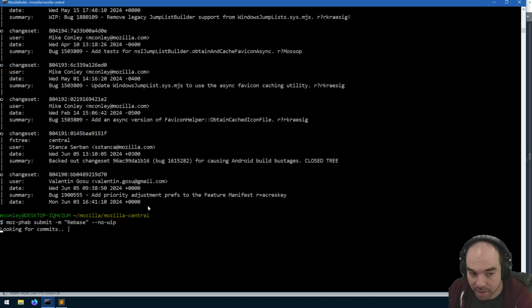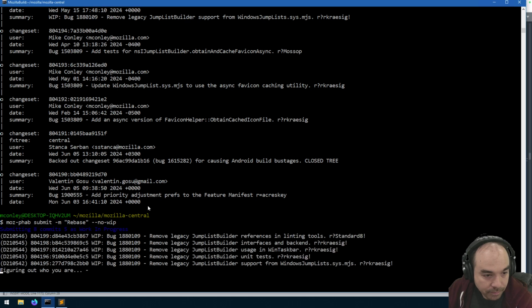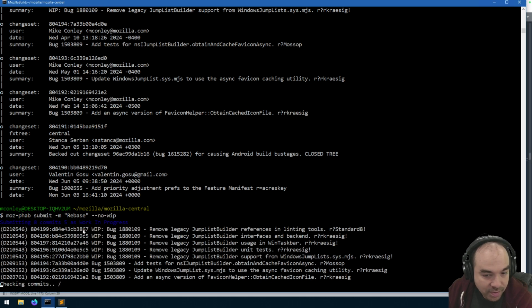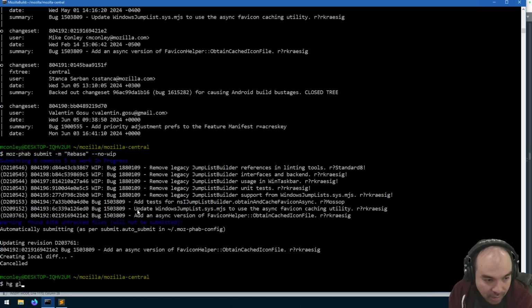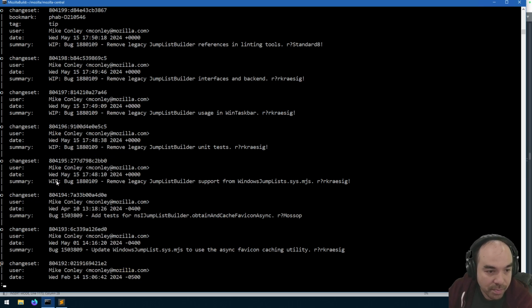And then I'll do a mozfab reorg. No, as work in progress. No, I said no WIP. As five patches as work in progress. Alright, I'm canceling out of that. I need to have those be not work in progress.